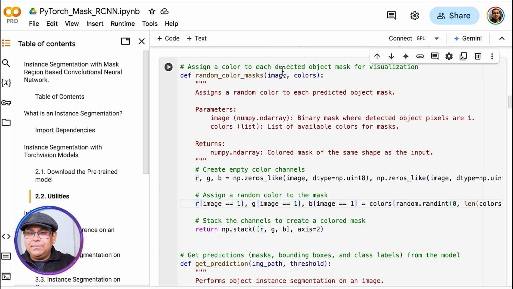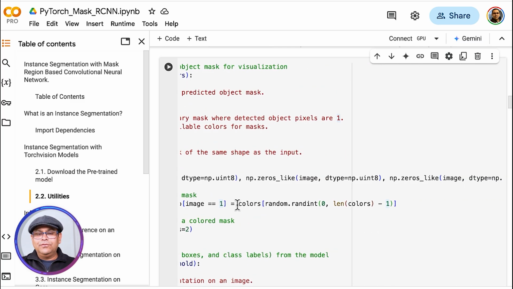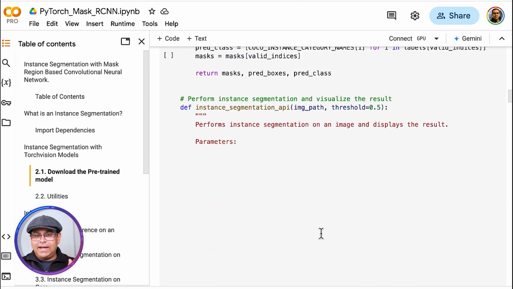Then we assign a random color to it, right? Basically, this image that we had passed in is a mask, so it's basically 1 at places where the mask is white, and it is 0 at places where the mask is dark. So we are going to filter all the pixels that are 1, and we are going to assign to those pixels a random color, right? And so basically, if you look at this,